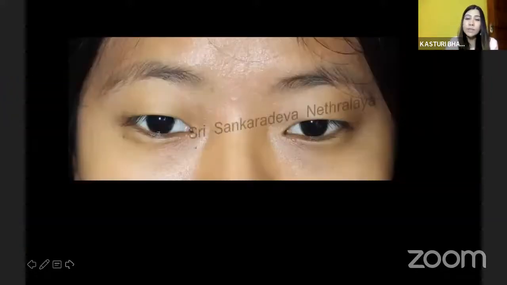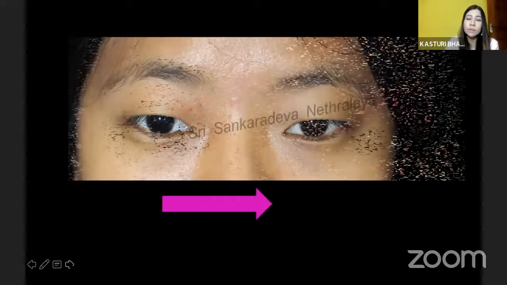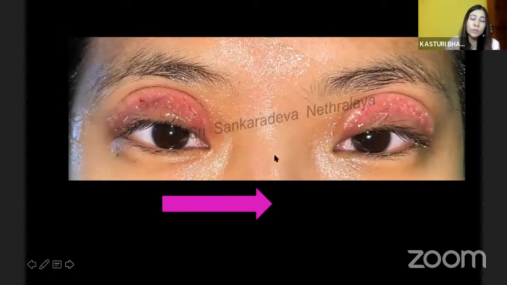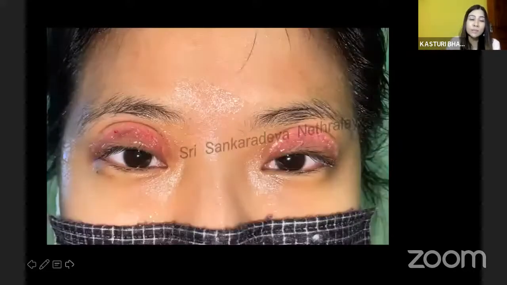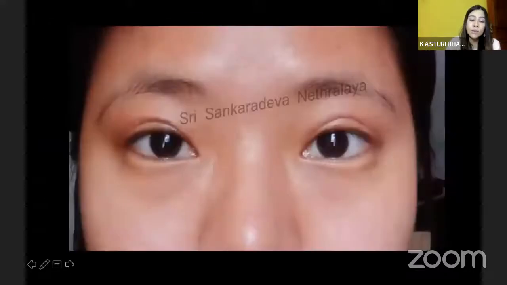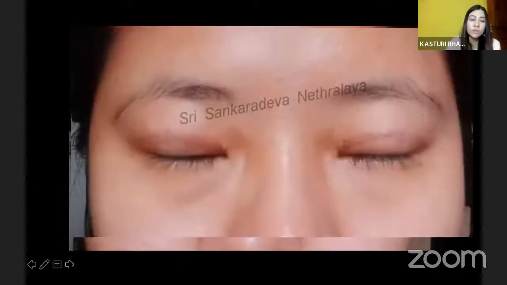This is a very interesting case. She comes to me for her upper lid blepharoplasty, and this is what we usually say, that we need to give a monofilament suture to suture the skin, and this is a reaction to Prolene. This is something very rare I have seen, a Prolene reaction. Once the Prolene was removed, and she was on local steroid, this is how she looks after a month following this reaction.